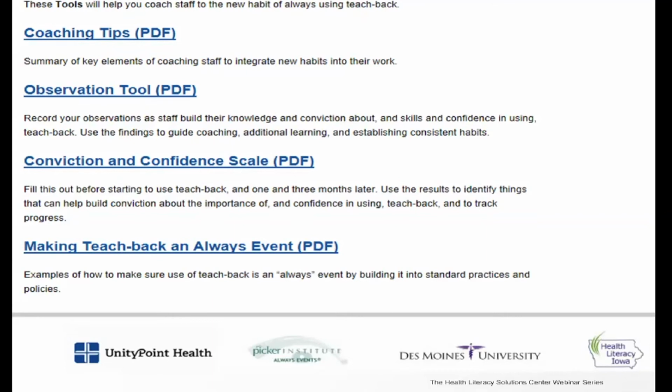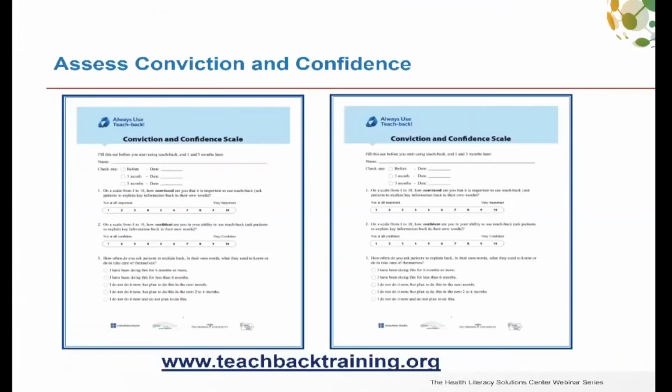And then there are some suggestions about how to make sure that TeachBack is incorporated into long-term practices and policies so that it is always an always event. Just a screenshot of the conviction and confidence scale. You can see that you can check it